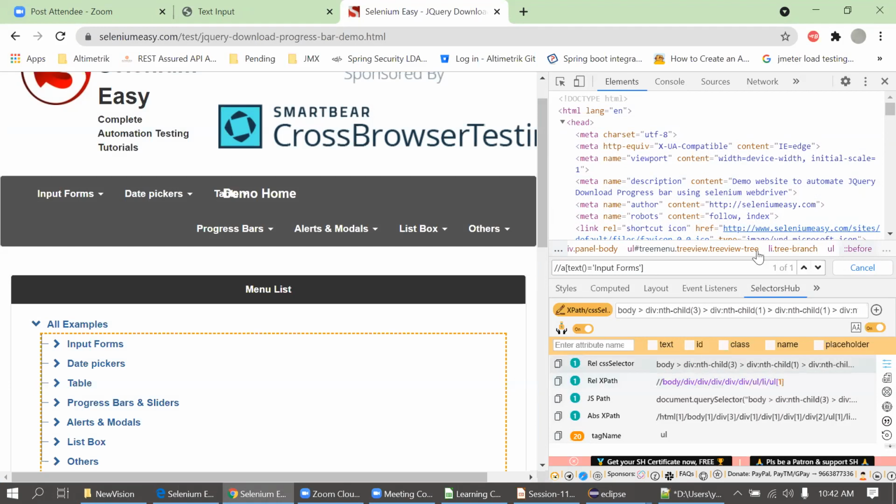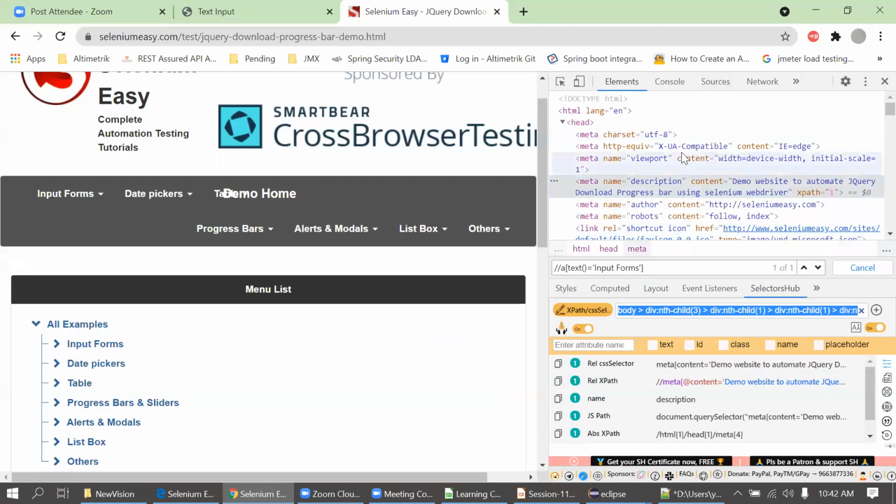Okay, so the first option, right click and copy XPath, we should not use. The second, the plugin, is again not recommended, as sometimes it does not give the perfect XPath. So you should know how to create XPath. If it is still not working from your side, you can go with this tool, copy the XPath, and modify it according to your own requirement. Okay, that's the answer to Anurag's question.